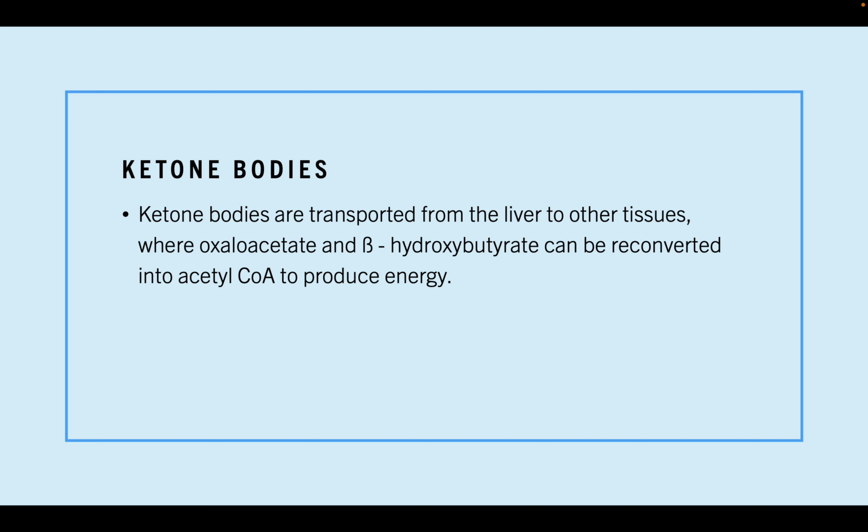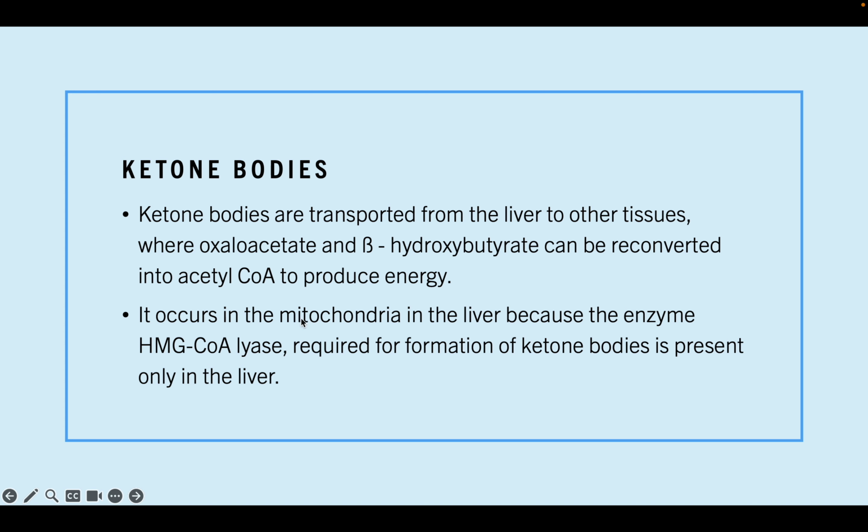As I told you, they are produced in specific tissue. They are majorly produced in the liver, because the enzyme that is required to produce these ketone bodies is present only in the liver, which is HMG CoA lyase. We will talk later about how this enzyme works. The ketone bodies are mainly produced in the liver, and from the liver they get transported to other tissues where